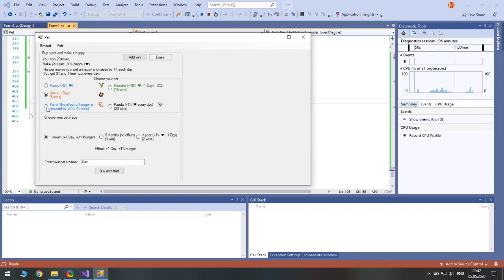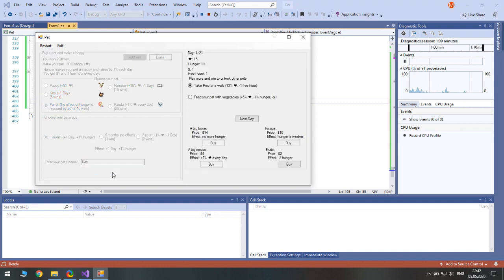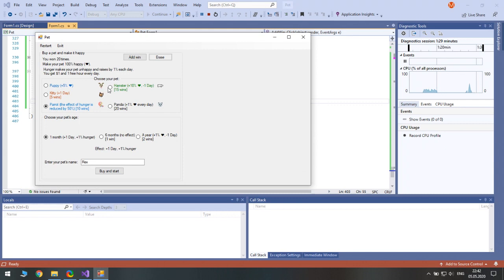If we take a parrot, we should get a bigger number, because the number subtracted by hunger will be halved. So the parrot seems to be very powerful. Next, hamster.